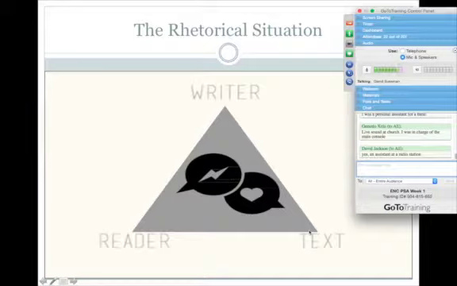It could be a formal written text like an essay, or it could be like the multimedia project that you'll create at the end of the month, or the things that you encounter in everyday life: a television show, a comic book, a film, a song. Technically, those are texts as well. So we're thinking about text in the broadest terms possible.